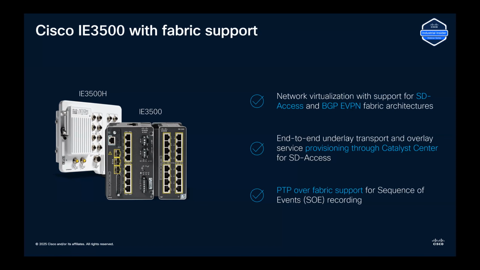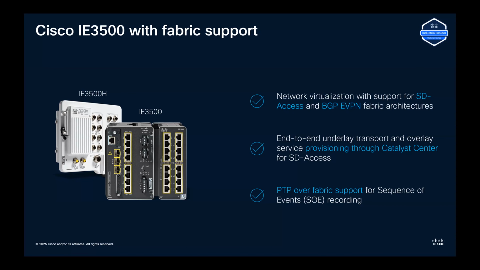The IE 3500, which supports layer 3 fabric architectures, including SD-Access, which is a key mark for Cisco, and also the BGP EVPN architectures, all easily managed by Catalyst Center, as well as PTP over fabric support for best synchronization